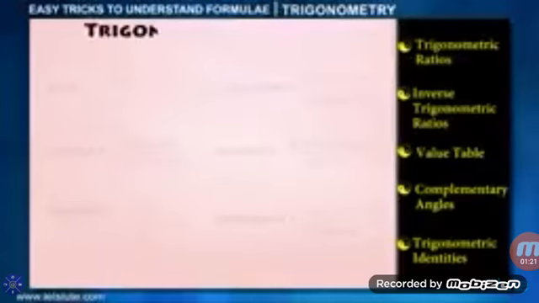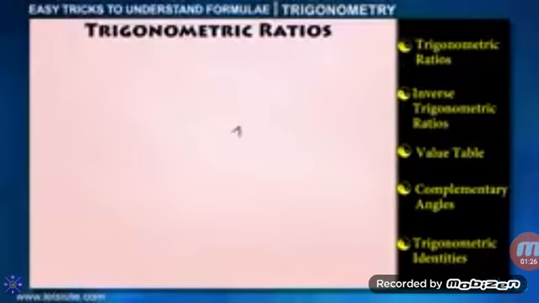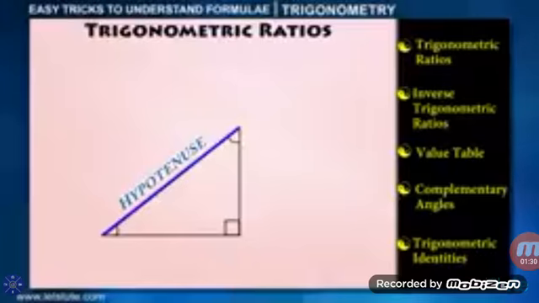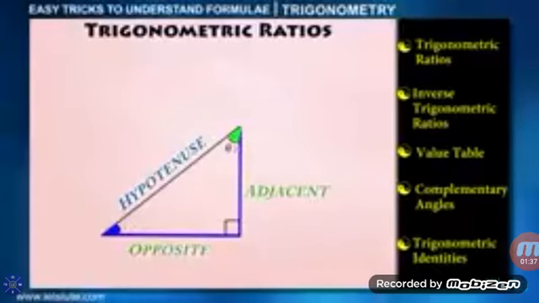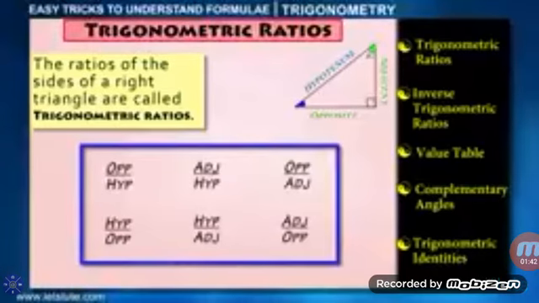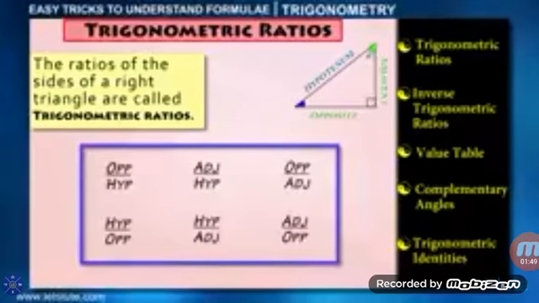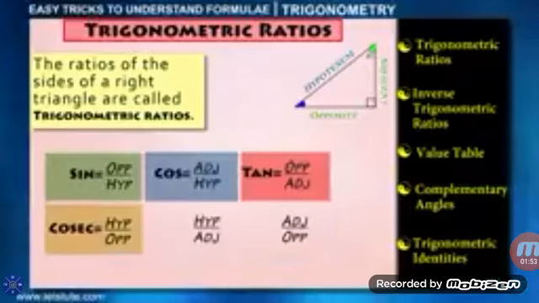Let's first talk about the 6 trigonometric ratios. So as we know, in a right angle triangle, the longest side is defined as hypotenuse. The rest 2 sides are called opposite or adjacent with respect to the angle we are talking about. And the ratios of sides of a right angle triangle are called trigonometric ratios. Only 6 such combinations are possible, and thus we have the 6 trigonometric ratios: sine, cos, tan, cosec,